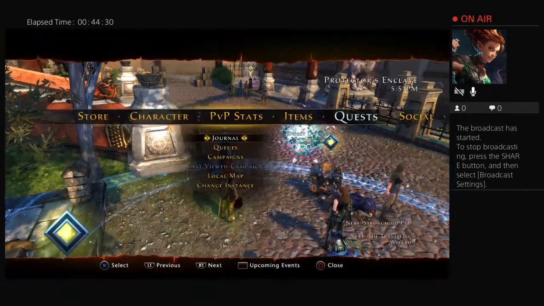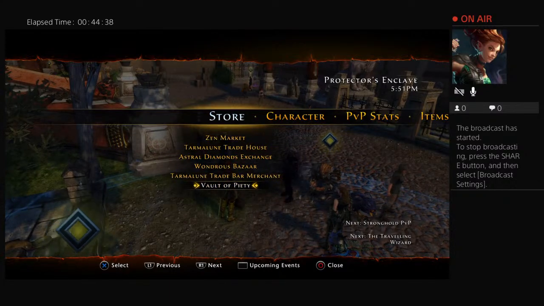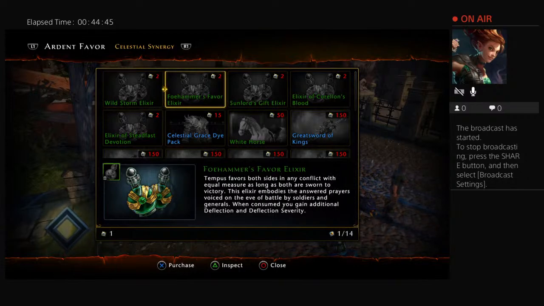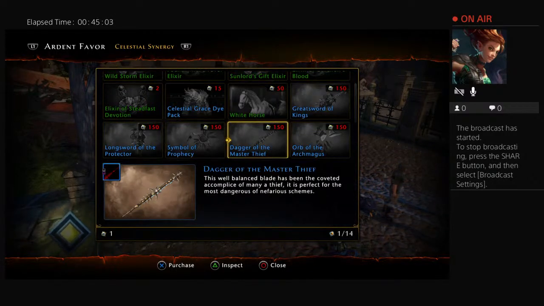So now to talk about the Vault of Piety. That's where you're going to go to use those coins that we just got. Now you can't use them right away because you obviously need more than one. But you can buy various different potions. You can buy dye packs, which you can use to get extra colors for coloring your stuff, like I talked about earlier. You can get mounts, weapons, which really aren't all that great, but they look cool, so you might want to use them for,